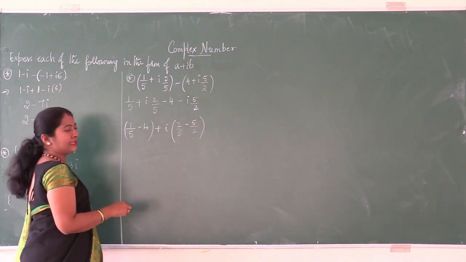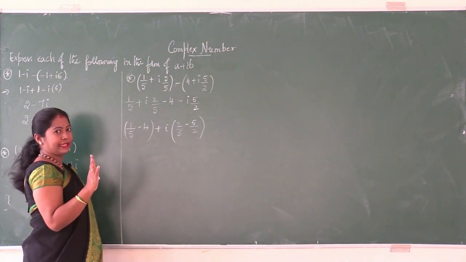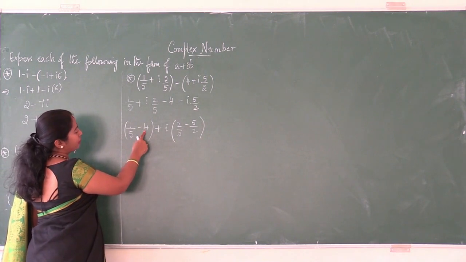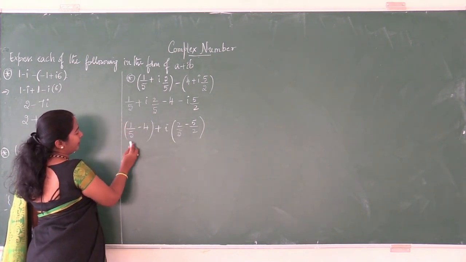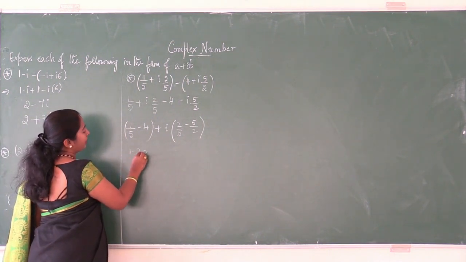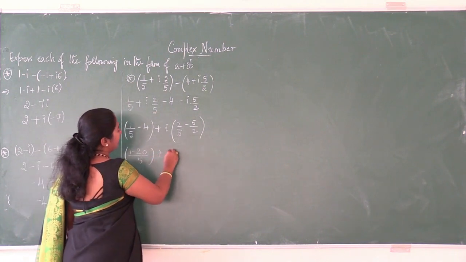When you take the LCM, in the first problem, I will teach you in detail how to take the LCM. First cross multiply, 5 into 4, 20. So, 1 minus 20, the numerator will be 1 minus 20 divided by 5, plus i into